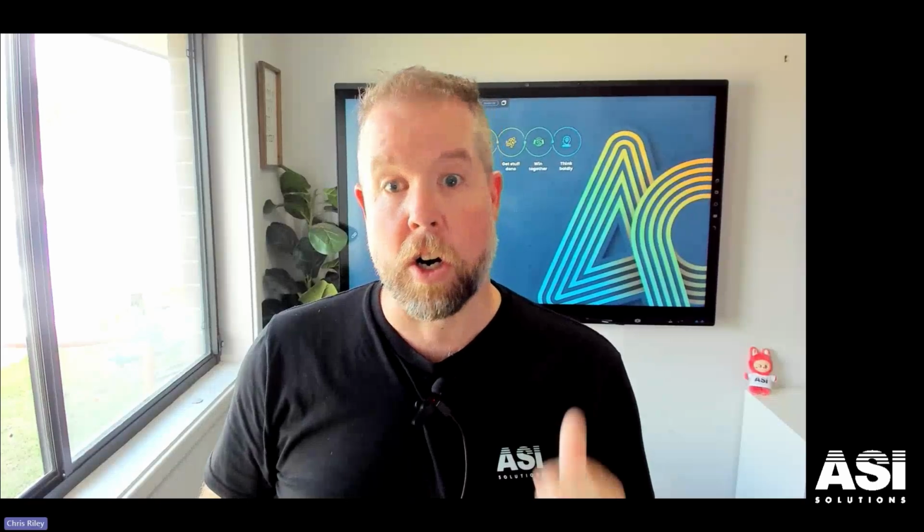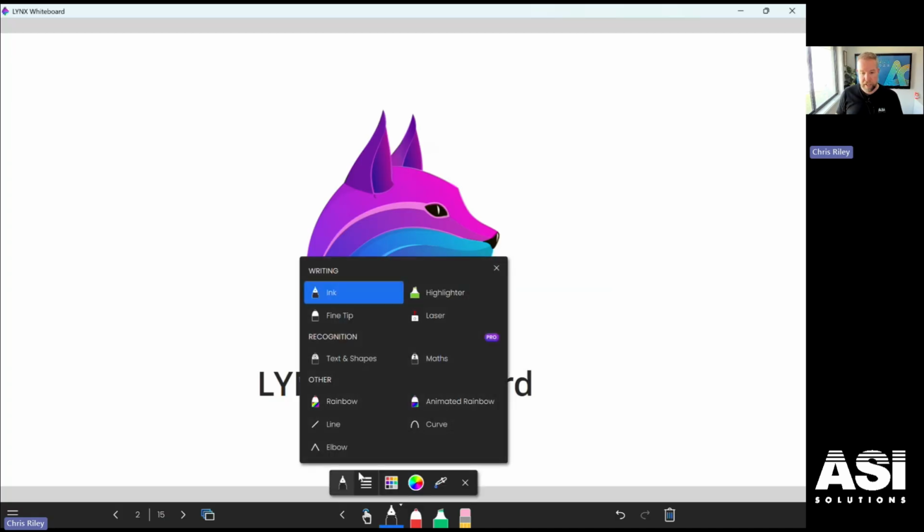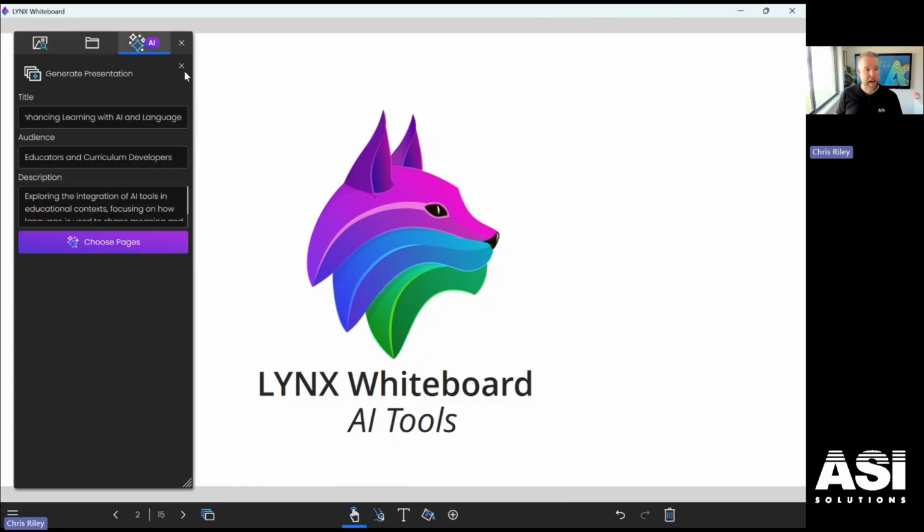And we're going to be doing everything on my computer here, which is one of the cool things about Lynx Whiteboard, the fact that we can do our Lynx Whiteboard content on our laptop to then be able to share onto our screens when we've logged into our same account. So you might have seen some of these tools floating around here where it says Pro for text and shape and maths. And onto the side here under our content section, our AI assist section, which is our AI spaces here. So what I'm going to start with to look at first is the big one here, which is our